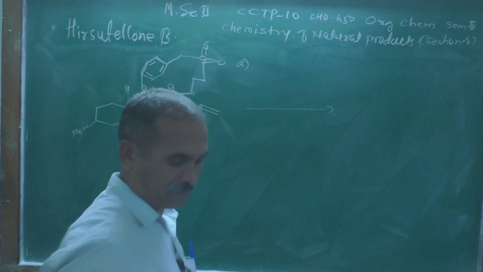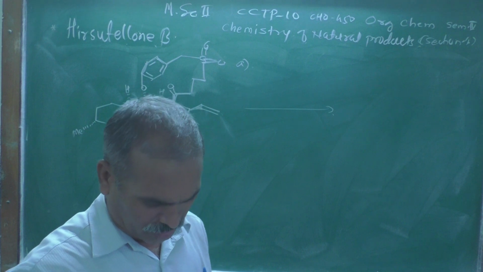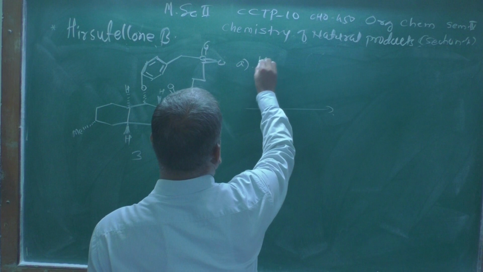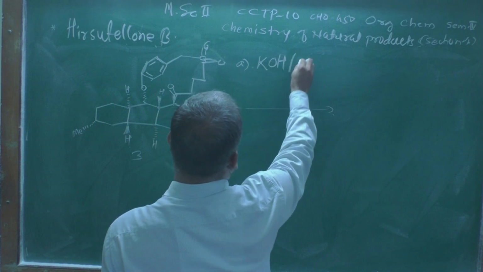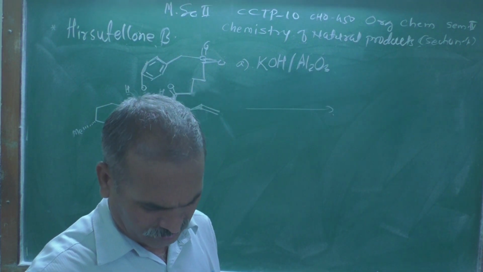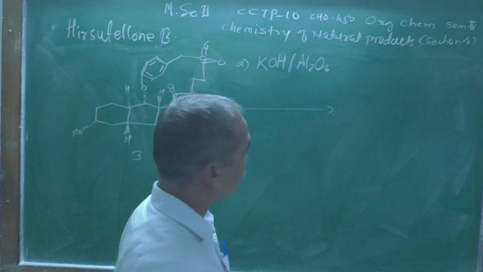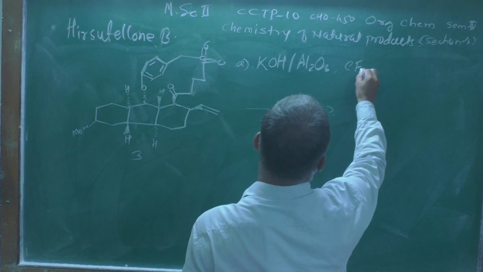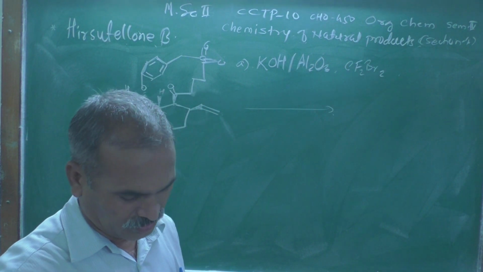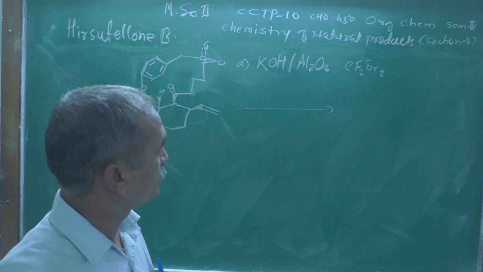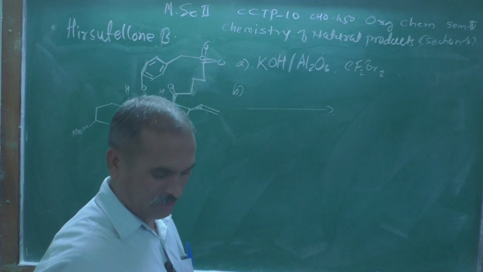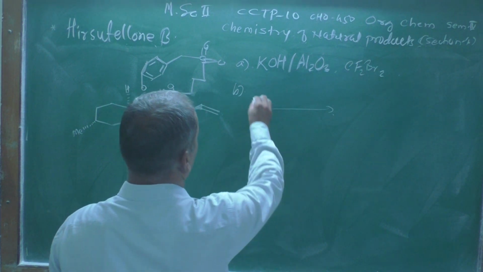Reagent A added is potassium hydroxide, KOH, and alumina, Al2O3. This is the reagent first added, and CF2Br2, that is a difluoromethane, and reagent B added over here is